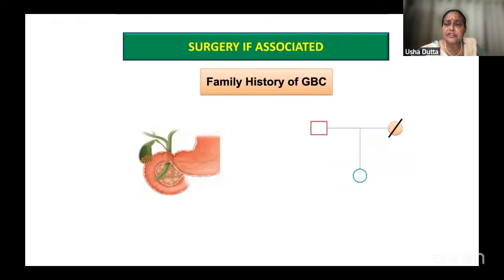If there is a family history of gallbladder cancer. Now, this is a tricky situation in India because many patients do not know what actually happened to their parents when they are coming from rural or not so educated kind of communities. We do not know exactly what was the cause of death and whether they were harboring gallstones or gallbladder cancer, because many of the biliary symptoms are treated with ajwain and saunf in India. So we really do not know whether the patient's parents died of gallbladder cancer.